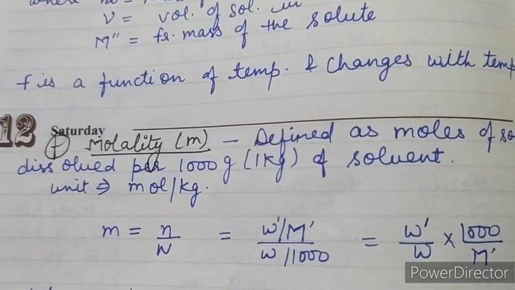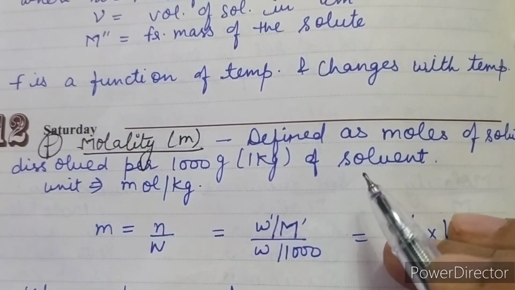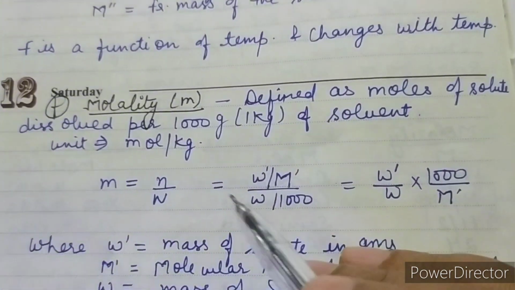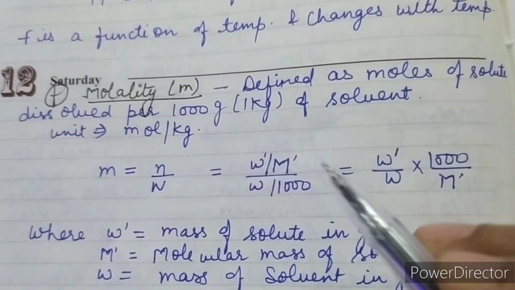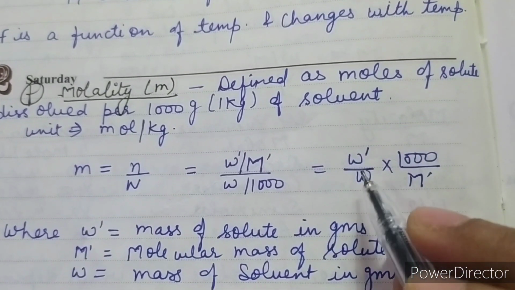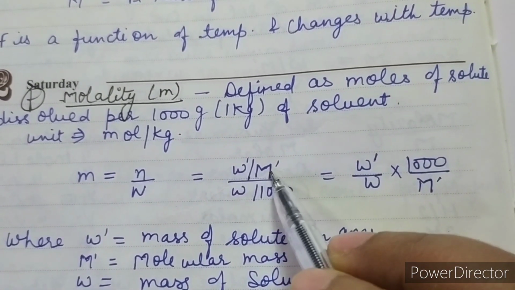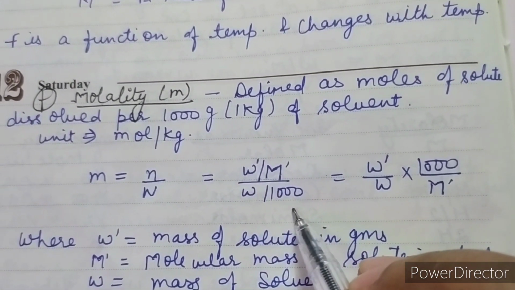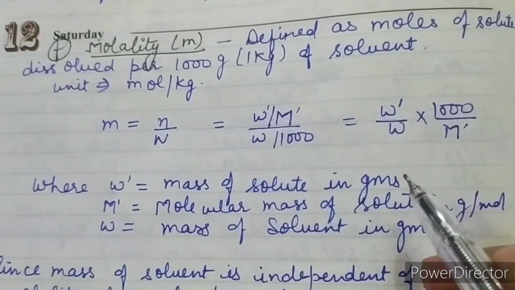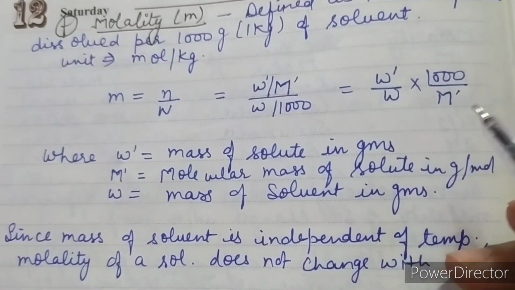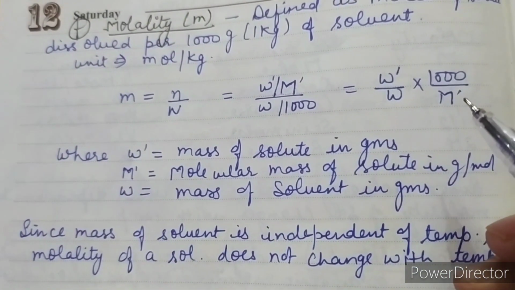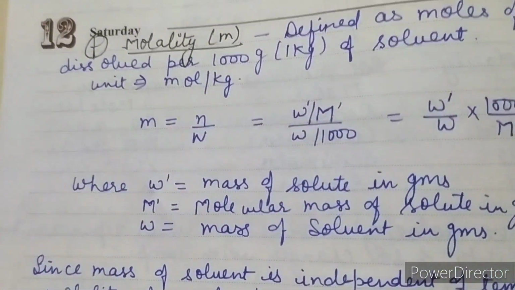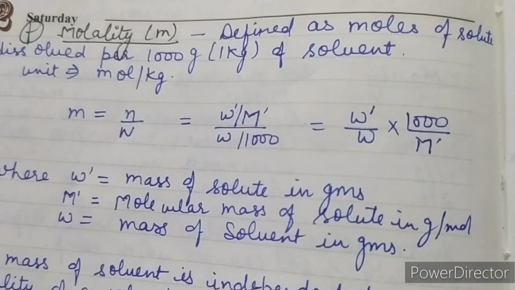तो डेफिनेशन बिल्कुल मोलारिटी जैसी ही है, बस यहाँ पे वॉल्यूम की जगह जो है मास ऑफ द सॉल्वेंट का हमने यूज किया है. तो फॉर्मूला विल बी सेम, नंबर ऑफ मोल्स डिजॉल्व पर केजी ऑफ सॉल्वेंट एंड वेयर नंबर ऑफ मोल्स इज इक्वल टू weight of the solute divided by molar mass divided by the weight of the solvent divided by in turn 1000, which is used to convert it into kg. और क्योंकि मास जो है वो इंडिपेंडेंट होता है टेम्परेचर के, तो मोलालिटी भी टेम्परेचर से इंडिपेंडेंट होती है और चेंज नहीं होती है. तो आइए एक न्यूमेरिकल लगाते हैं विच इन्वॉल्व्स द मोलालिटी.